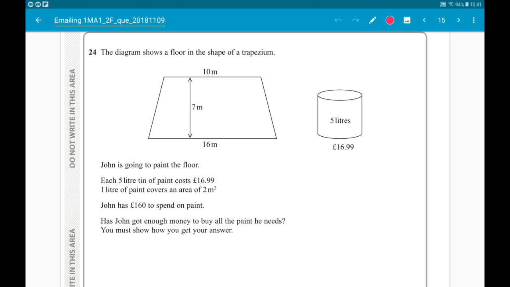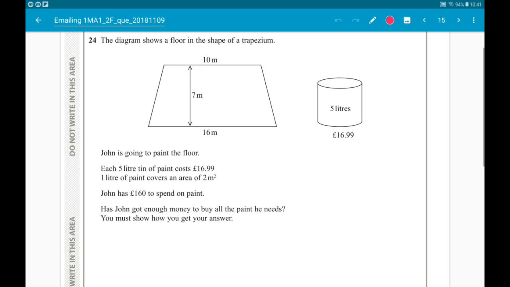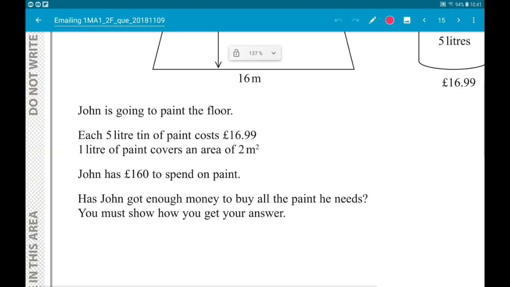So, each tin is 5 litres. 1 litre covers 2 metres squared. So, 1 tin covers 10 metres squared. Okay, now then,